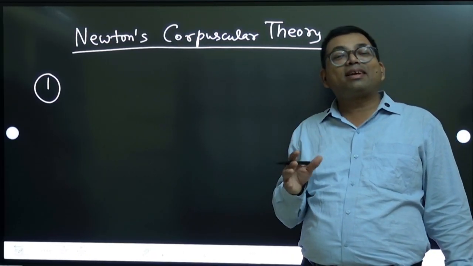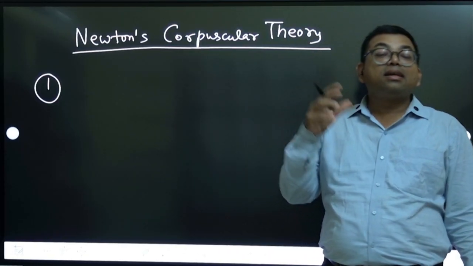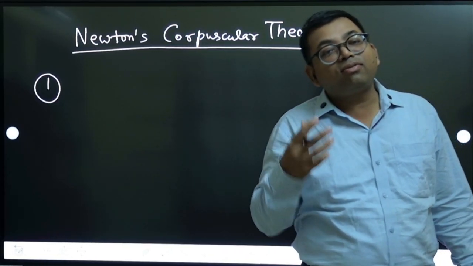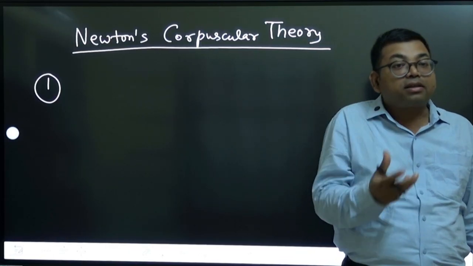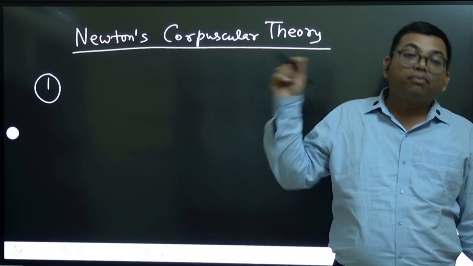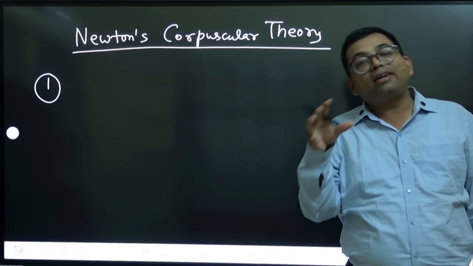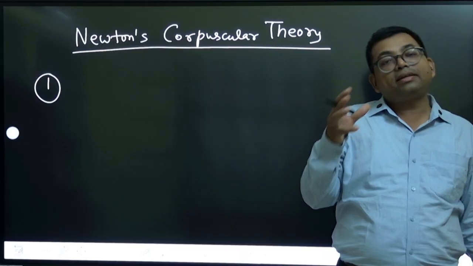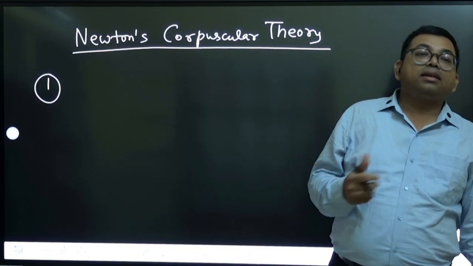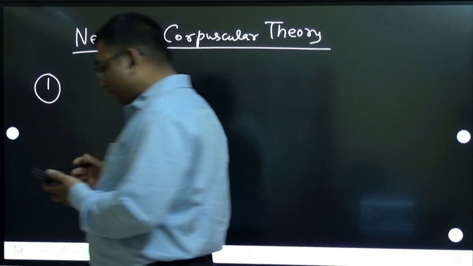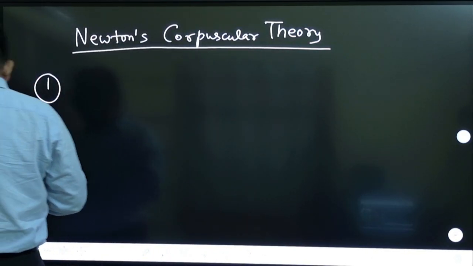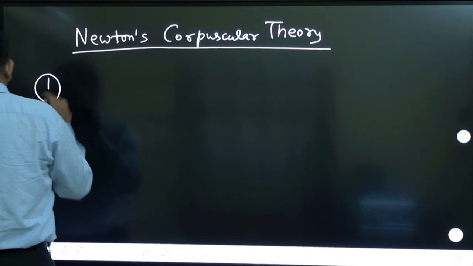But I'll tell you, actually it didn't fail, it became more successful afterward. People are not saying it's Newton's law, but later Einstein figured out that light is made up of particles, which Newton gave first. Newton tried to give the idea of light as a particle. Let us see what are the important points in that. So first point, Newton thought that